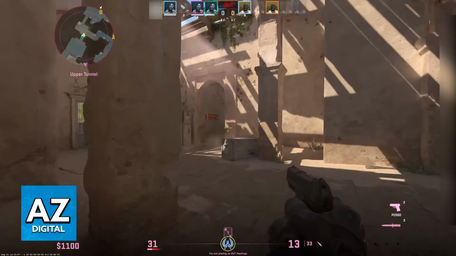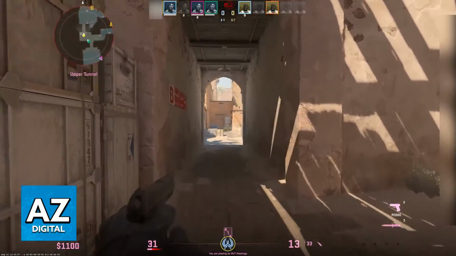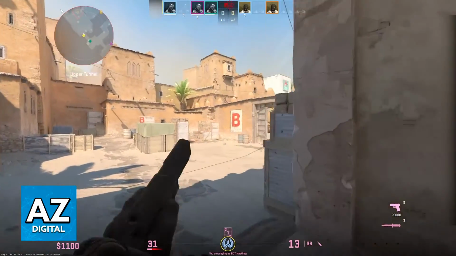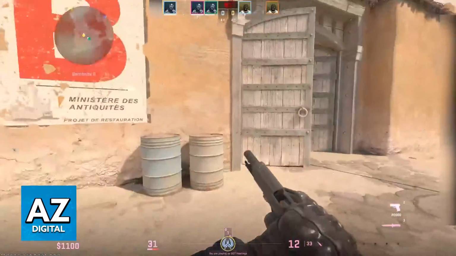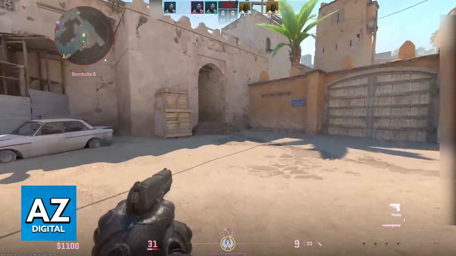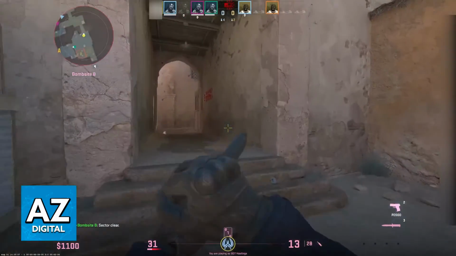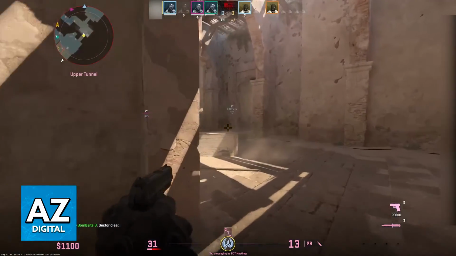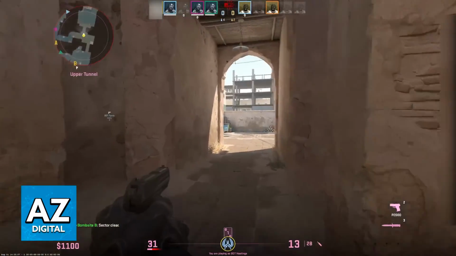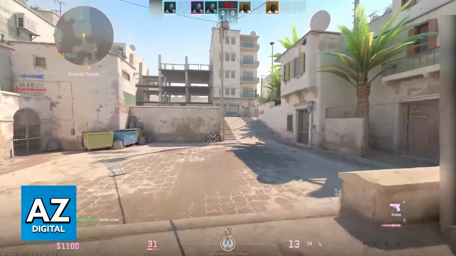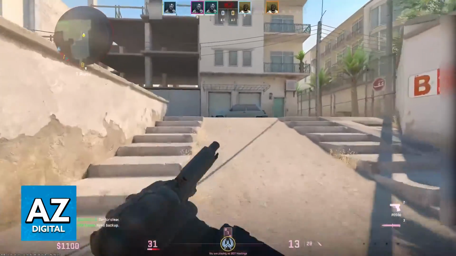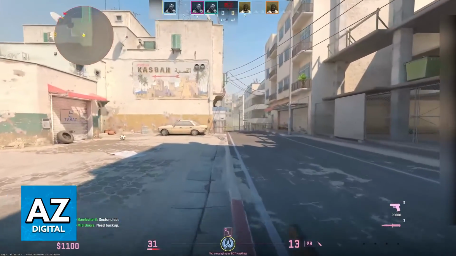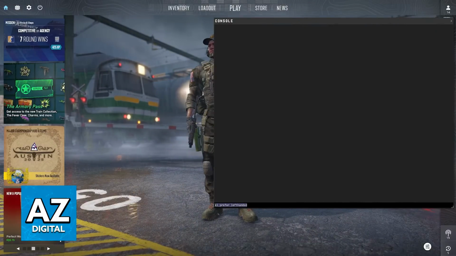Now, unlike CSGO, for some reason, whenever you switch the view model side, you actually cannot shoot. So I'm spamming the left click while I switch, and you notice that it only fires when it is done switching. It is a little bit unfortunate, but it is still a quick way to switch the view model side. And you will be able to do this inside of the game. Outside of the game, you can switch as many times as you want, as long as you have the bind set up.